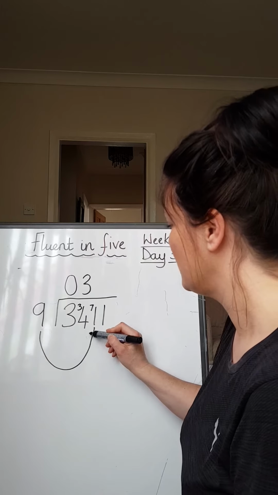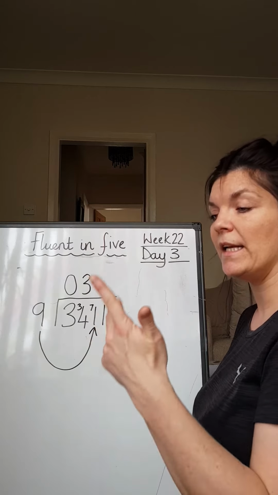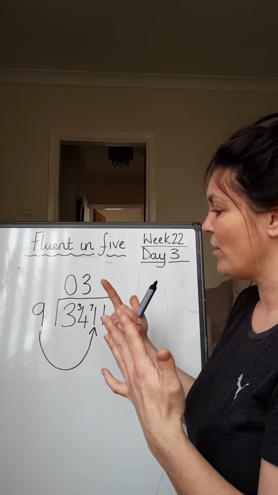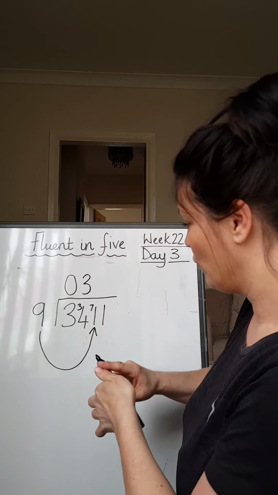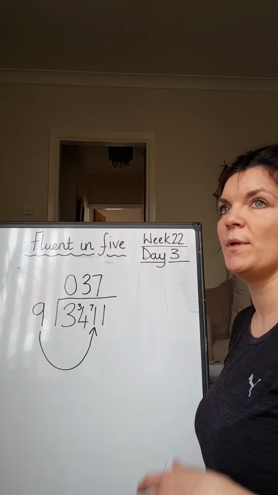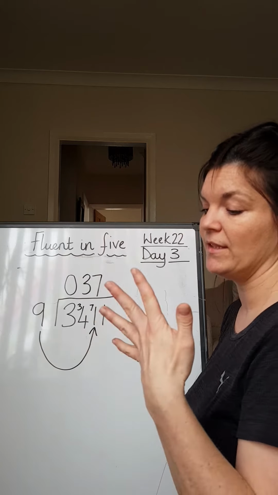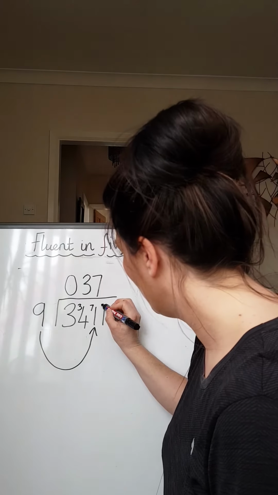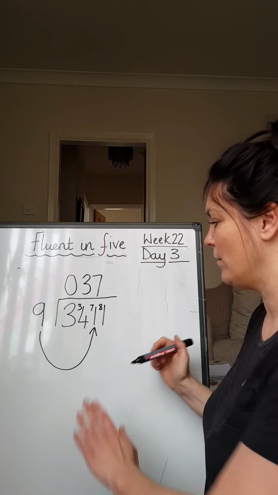Next piece of maths. How many 9s can I fit into 71? Let's count in 9s again. 9, 18, 27, 36, 45, 54, 63. Oh, can't quite get to 72. So I've got 7 groups of 9. 7 9s are 63. What's the difference between 63 and 71? 64, 65, 66, 67, 68, 69, 70, 71, 8. I'm going to put that 8 onto the next number, which makes the number 81.